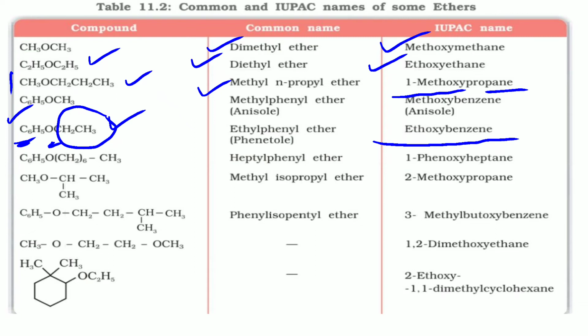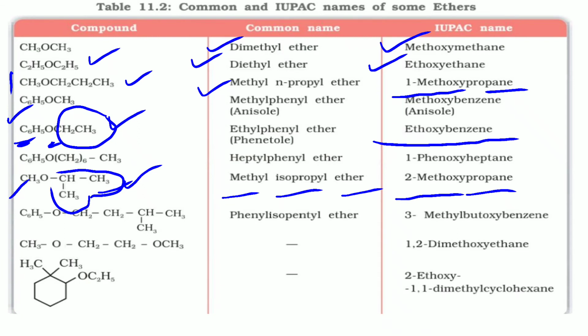Likewise, all the names are there. We can see here CH3O, C3H7 is there, but it is iso. So isopropyl, methyl isopropyl ether. This is the common name. When we talk about the IUPAC name, first we need to write the long chain. The long chain is considered by 3 carbons. So it is propane, and at number 2 an OX with methyl is there, so 2-methoxypropane.